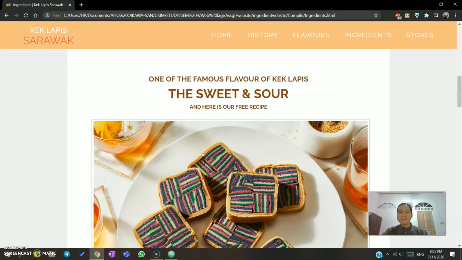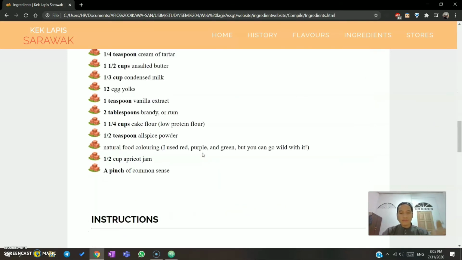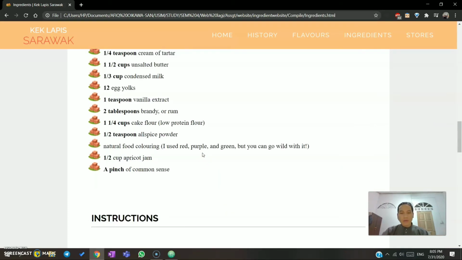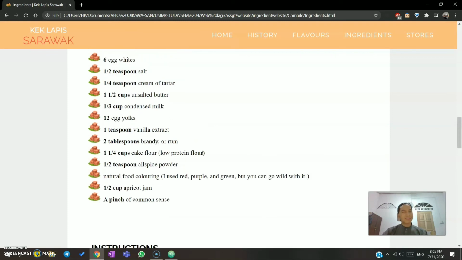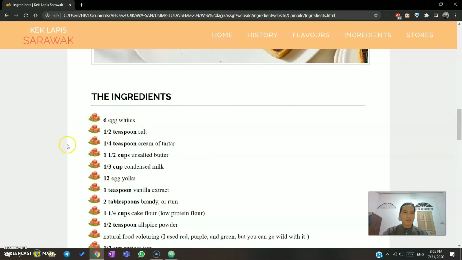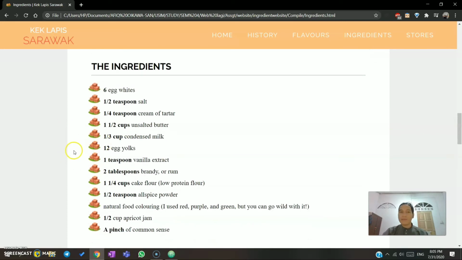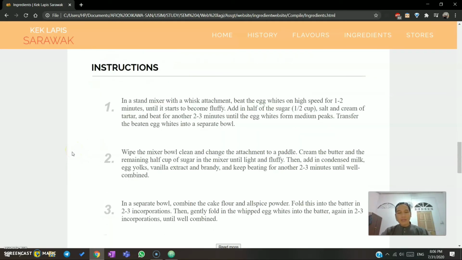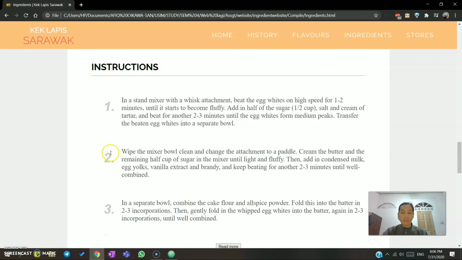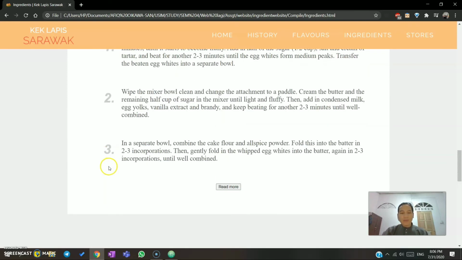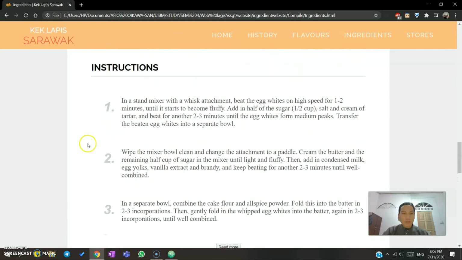Next coding I will talk about is list tags. Here we use unordered list and ordered list. As you can see, the ingredients are long here. So to make it seem short and interesting, I suppose, we use list. Even the bullet points here, we used small pictures to make it more cute and fun. However, the ordered list tags are used to show the instruction of the making of the cake. No doubt it is long and boring, so we decided to make it in points to ease the users to